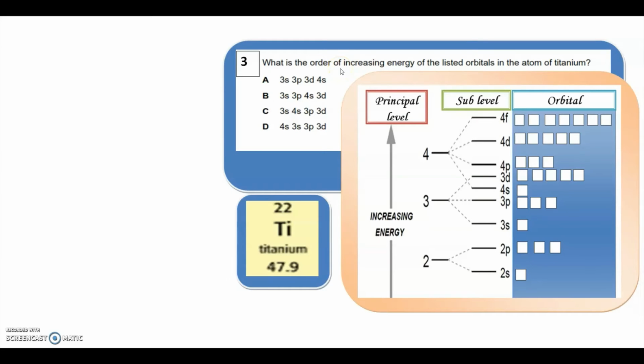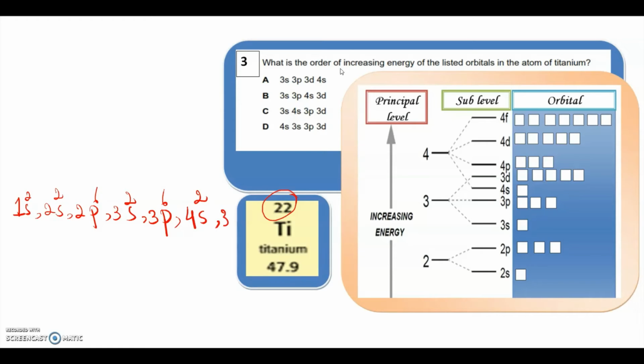Question number 3. What is the order of increasing energy of the listed orbitals in the atom of titanium? As you can see, the proton number of titanium is 22, and when you write its configuration, it will be 1s2, 2s2, 2p6, 3s2, 3p6, and after 3p6, 4s will be filled first,